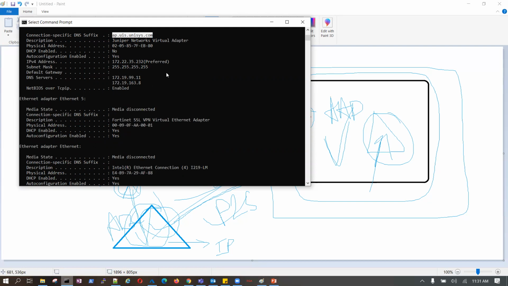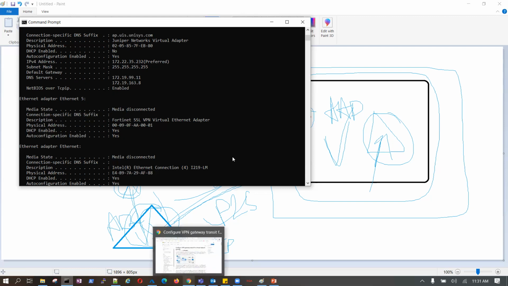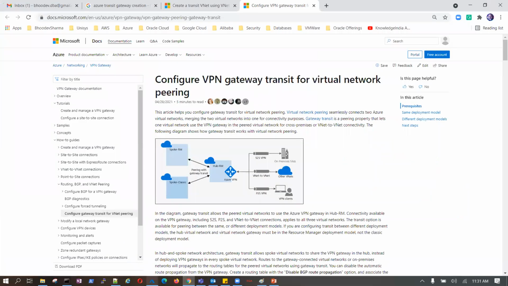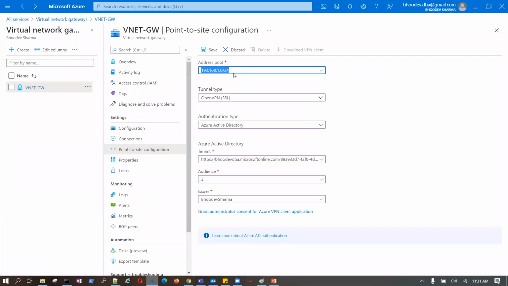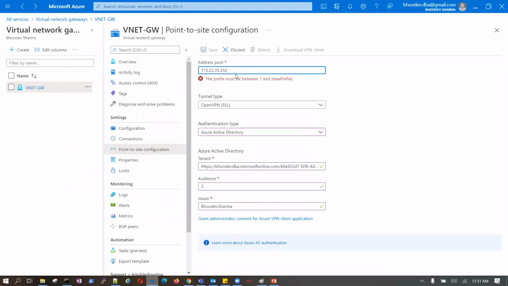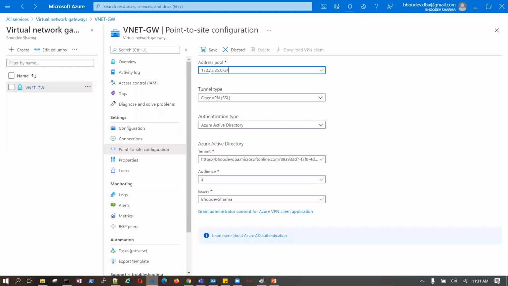Now this single IP, because they are on this network, I should allow this IP. If I say this, it means any person, any laptop which gets an IP in this range will be authenticated. That becomes a point to site.